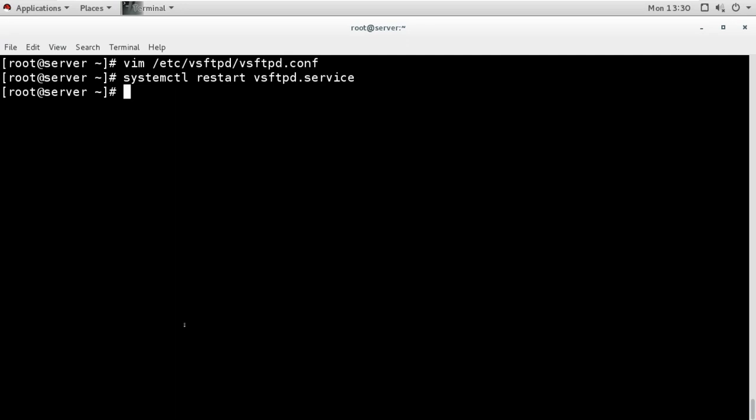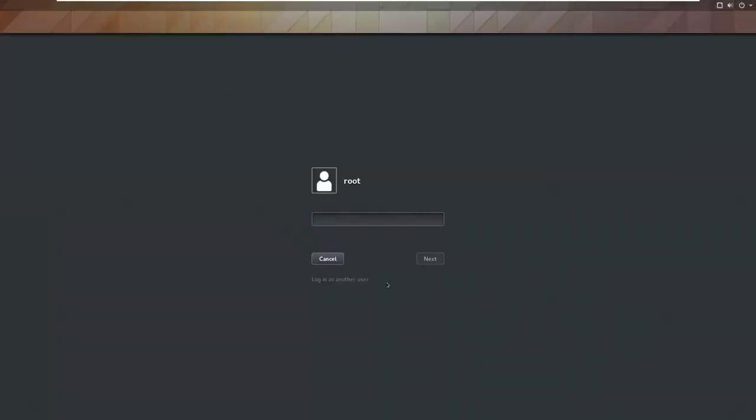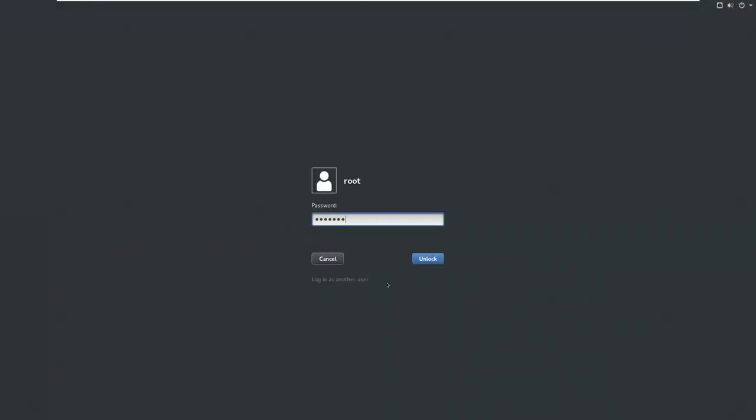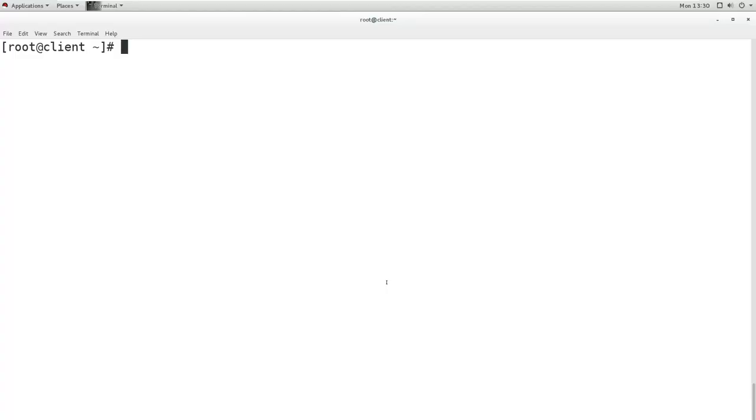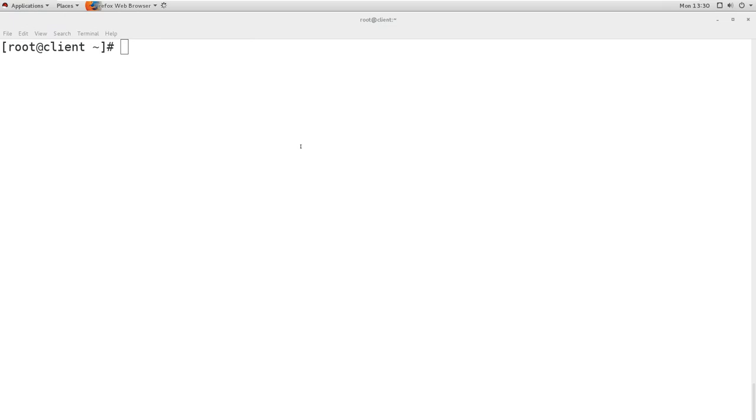Now when you check from the client, remember when I tried to access it from the browser, what happened? It was accessing as the anonymous user. It was not asking for any username and password.